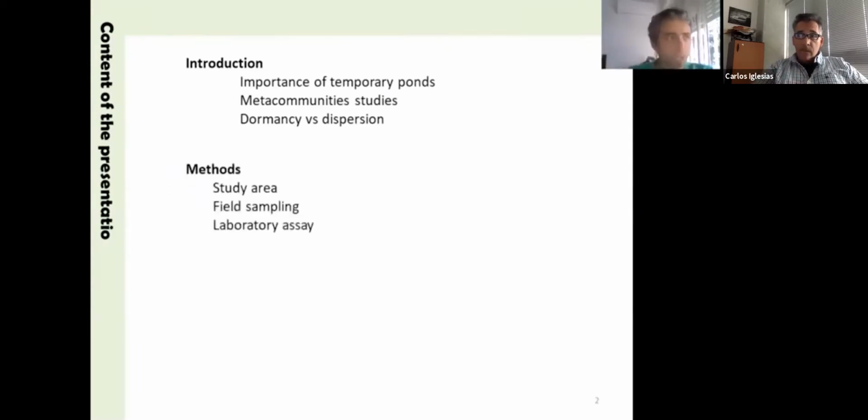Then I will present the study area, so the field sampling and laboratory work performed during this work, and we'll present the results, conclusions, and of course, finally perspectives to continue working on this very interesting